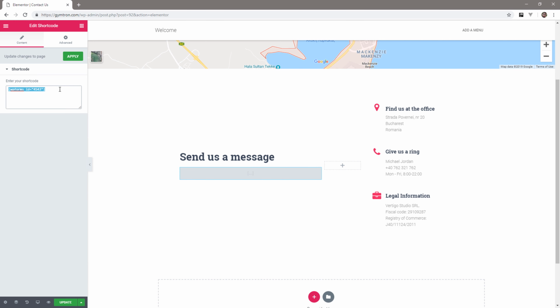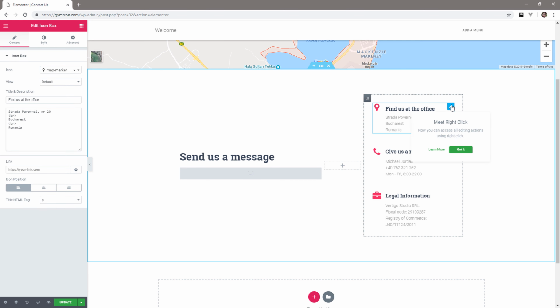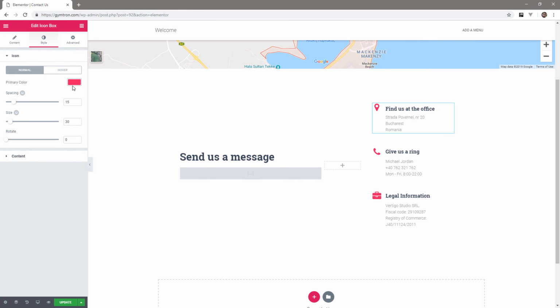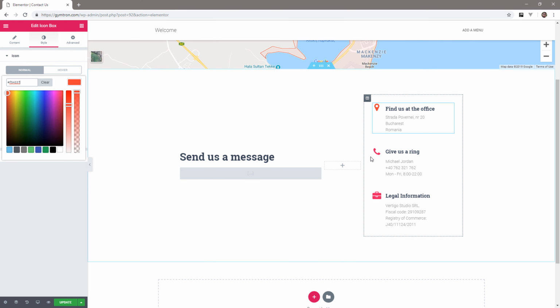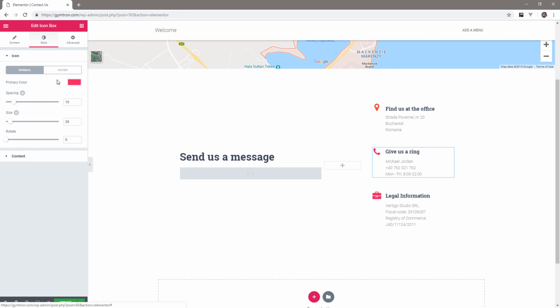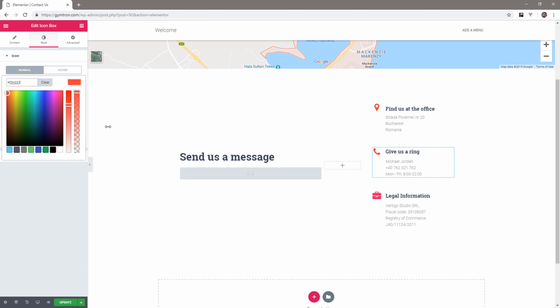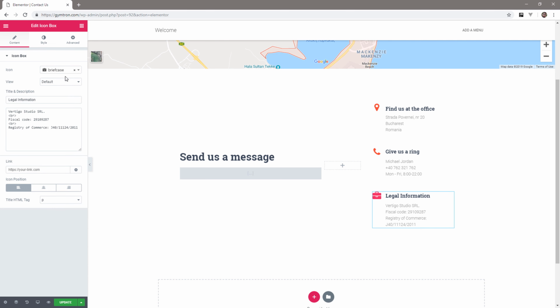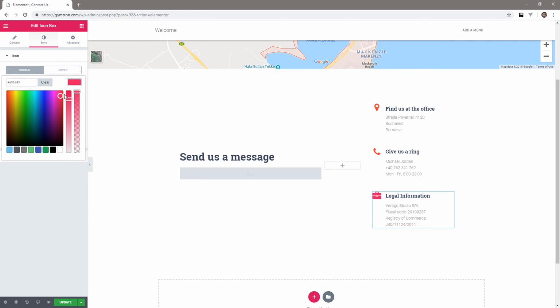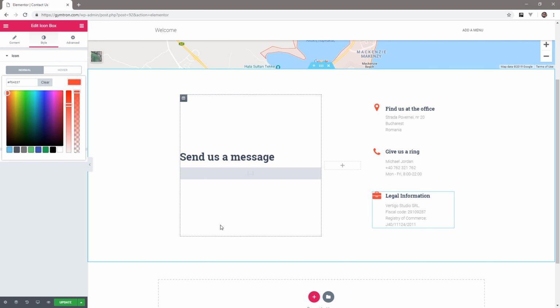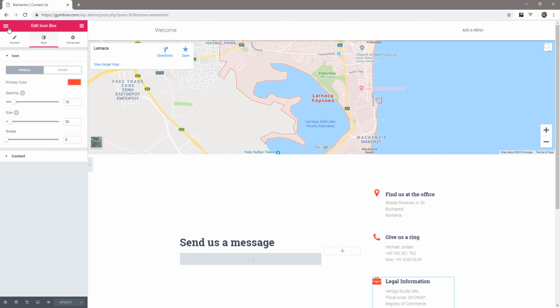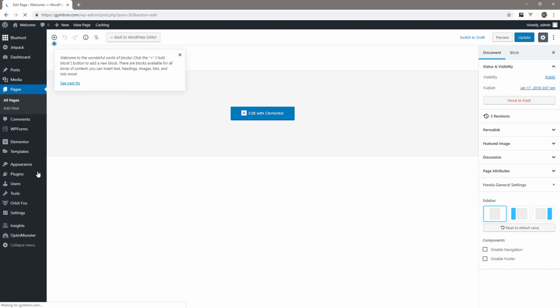Next, I will change the color of the icon section here and I will make them orange so that they match our homepage style. Finally, let's save and exit the editor for installing the contact form plugin so that we can get the shortcode